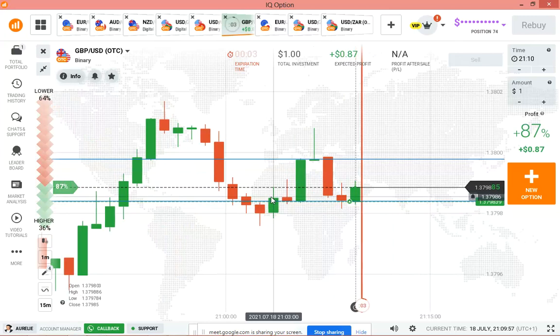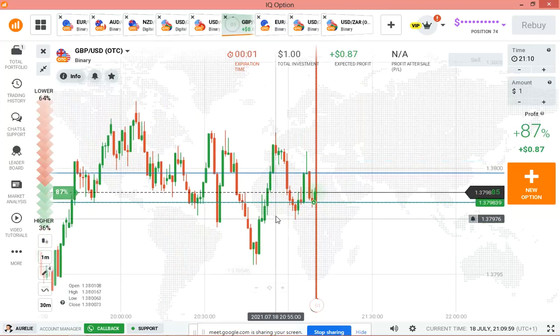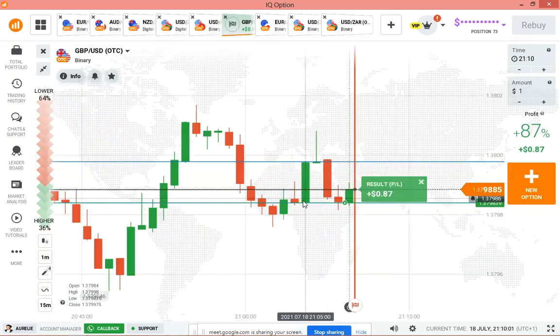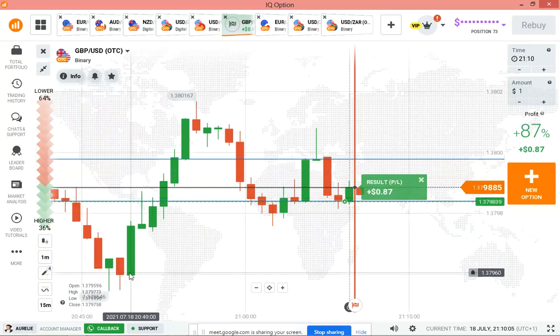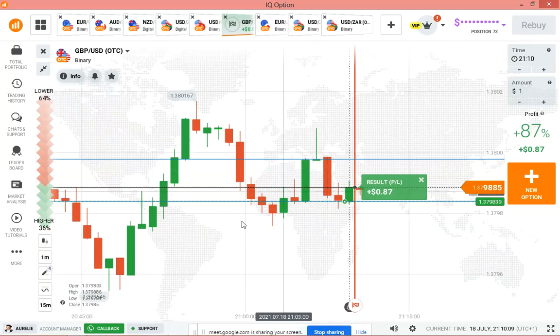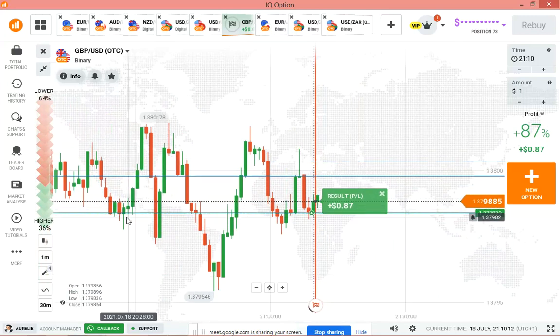No, this is not a level. This is a reversal zone, not a level. This is a support zone. If you see this bullish engulfing at this level, you can go with bias on the next candle. But it's at the reversal zone.